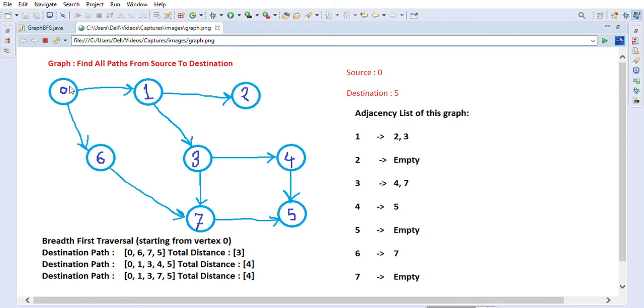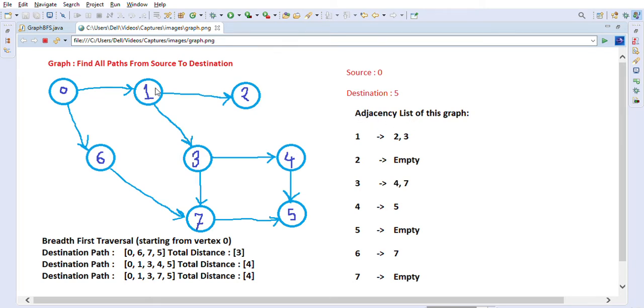So what is an adjacency list basically? An adjacency list is, for any vertex, its immediate nodes, where you can go. For example, if you see node 0, then you can directly go to node 1, or you can directly go to node 6. So we will make an entry here: 0 to 1 and 6. I cannot write here because Paint is not allowing me to, but you have to make an entry in the adjacency list here.